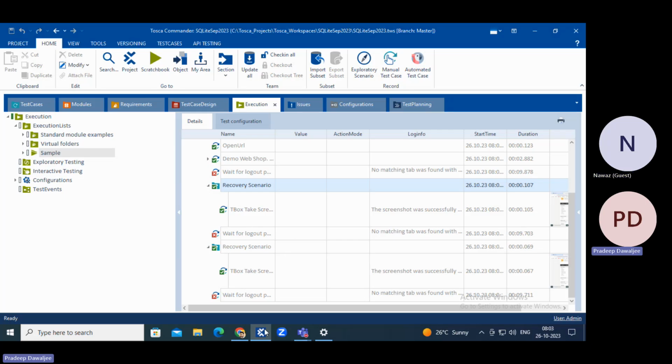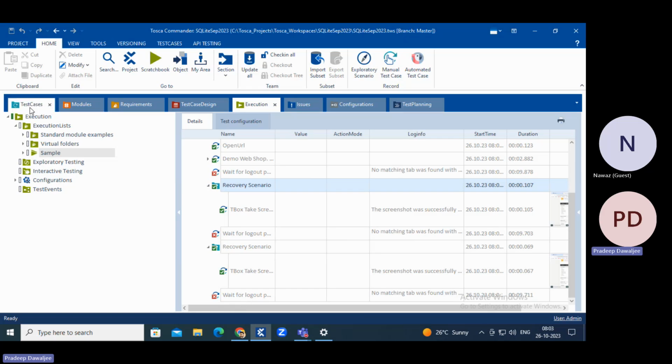Okay. So sometimes the page loads. If you just want to keep trying it, doing it for 10 times, and within that 10 times we assume, okay, for the 7th or 8th time it might come, then do it that way. So now even recovery scenario, it is failing here,